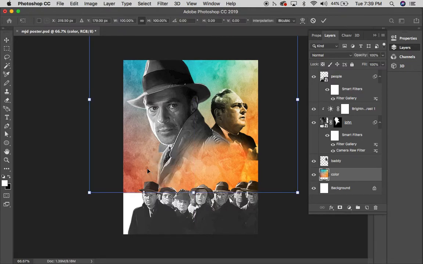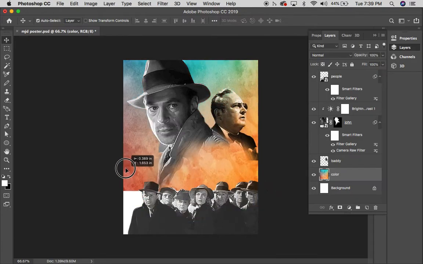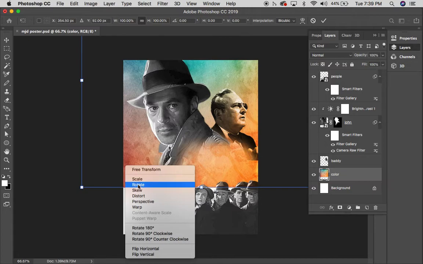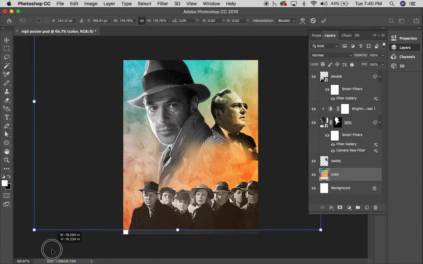Command or Control T transforms it. Or I can click and drag that out. If I right click on a transform, it gives me all these different types of transforms. I can flip things, rotate things, distort things, change the warp and perspective, flip 90 degrees clockwise. I'm just going to keep doing the regular free transform, grab that corner just to make that background a little bit bigger